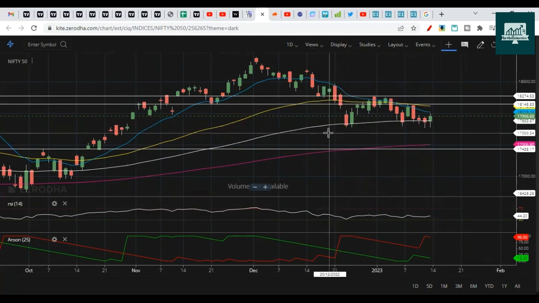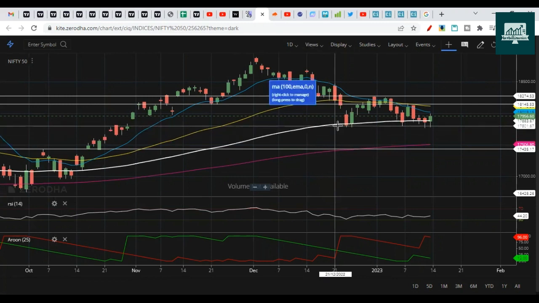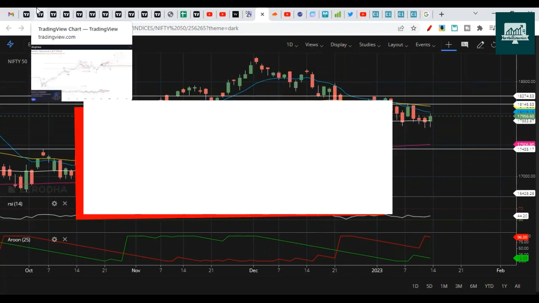So now we'll do a little bit more complex analysis. It will be difficult to understand. Just try to follow me, watch it completely so that you understand how the Elliott waves give you the direction and how many swings are left in the up move and down move. These details we can get easily from the Elliott wave. So let's switch to Elliott wave now.